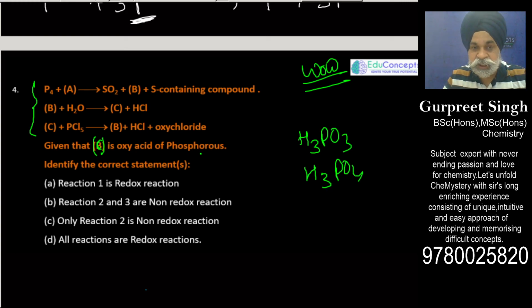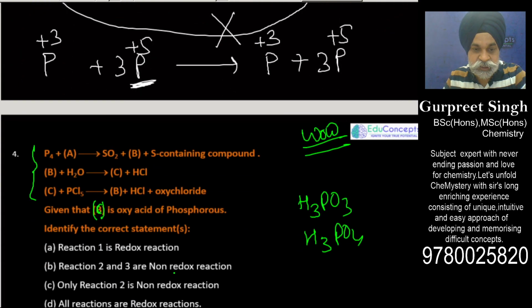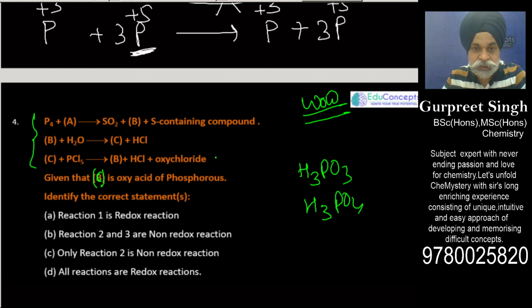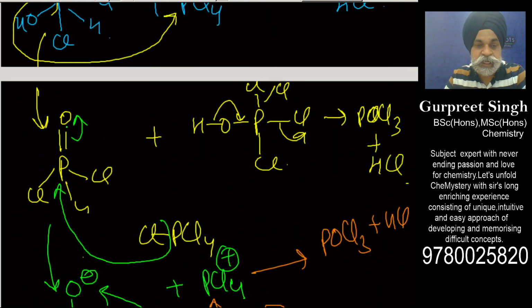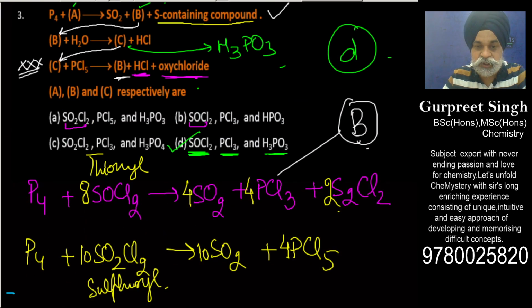So although we have already solved this question, we need to just figure out which of these is redox and non-redox. Let me go back to the same problem. So this was already a non-redox. Is there any option available for us? This is non-redox. And hydrolysis of PCl3 is also non-redox. And we simply have to see the first option now. Phosphorus being treated with thionyl chloride, is it redox or non-redox? It is perfectly redox, because here the phosphorus is in 0 and here it has gone to +3.